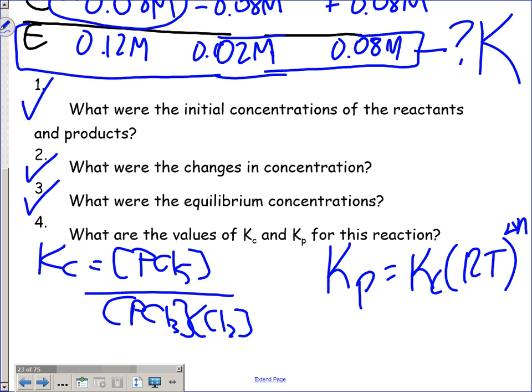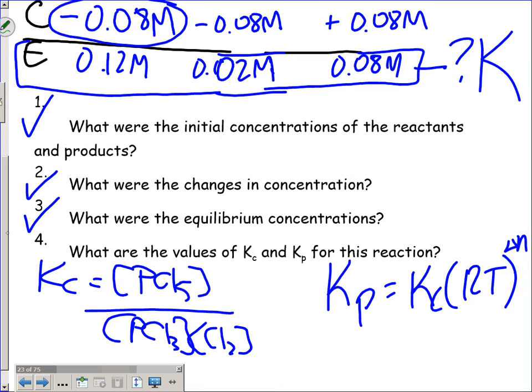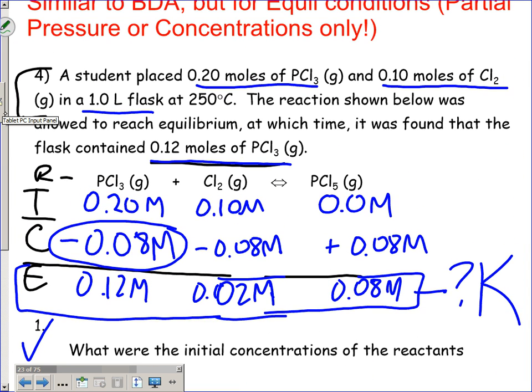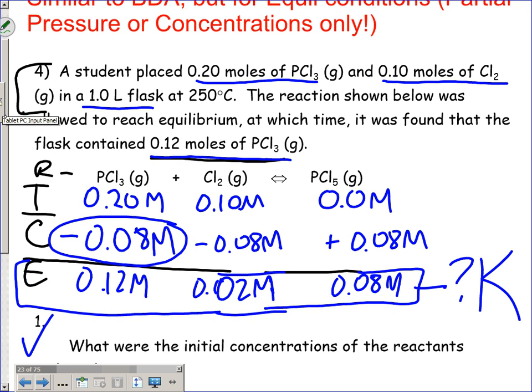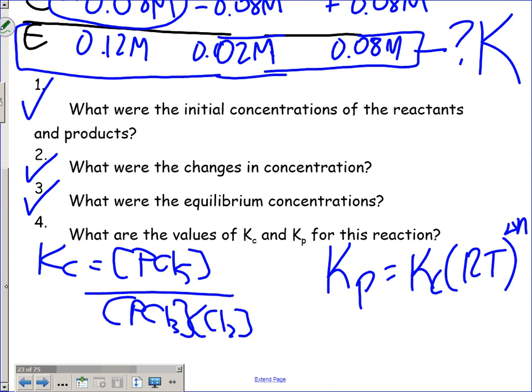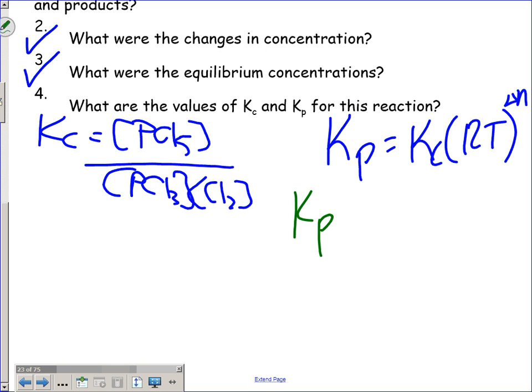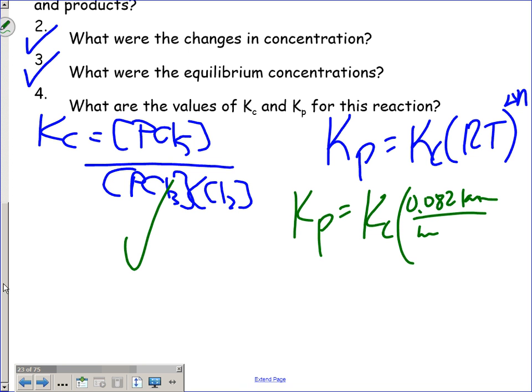What variables would we be plugging in here? Do we have a temperature given to us? But you've got to change it, that's Celsius, right? So you've got to plug that in for Kelvin. So Kp is equal to whatever this Kc value is that we get over here. Plug that in. My R constant is 0.0821 atmosphere liters per mole K. What's my T value? What's 250 plus 273? 523